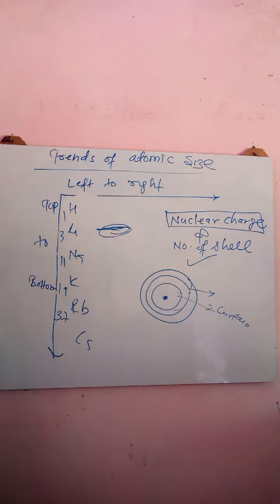So there will be no effect of nuclear charge while we are moving top to bottom in a group, because the number of shells is increasing and these shells will play the role of a curtain. This is called the screening and shielding effect that you will understand in higher classes in detail. So when we move top to bottom in a group, nuclear charge increases along with the number of shells. The number of shells will dominate over the nuclear charge. That's why atomic size will increase down the group, or you can say top to bottom. I hope you understood the concept of atomic size, how it increases or decreases top to bottom and left to right in the periodic table.